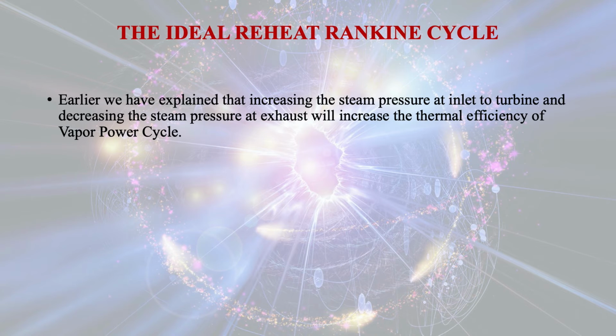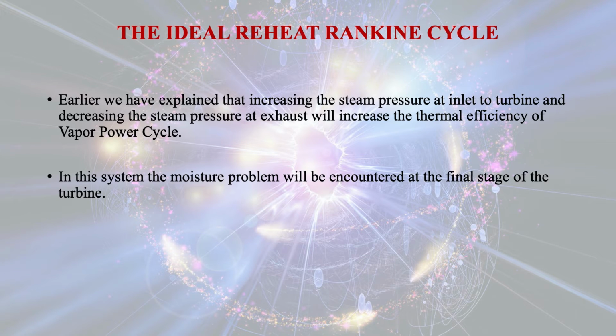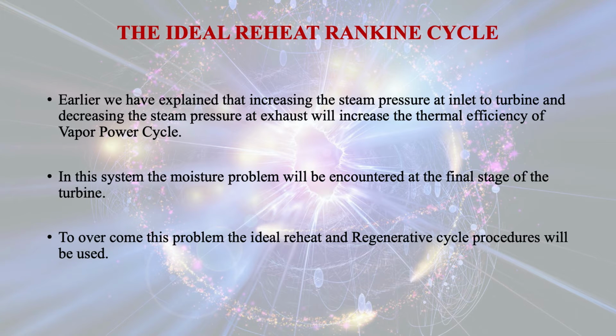Now let us discuss the ideal reheat Rankine cycle. Earlier we explained that increasing the steam pressure at the inlet to the turbine and decreasing the steam pressure at exhaust will increase the thermal efficiency of the vapor power cycle. In this system, a moisture problem will be encountered at the final stage of the turbine. To overcome this problem, the ideal reheat and regenerative cycle